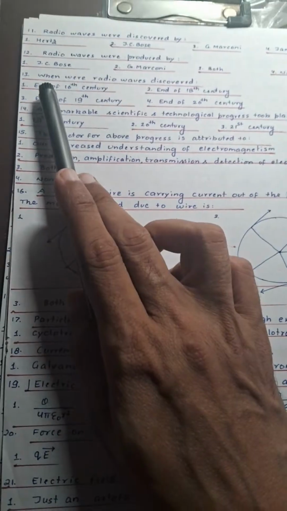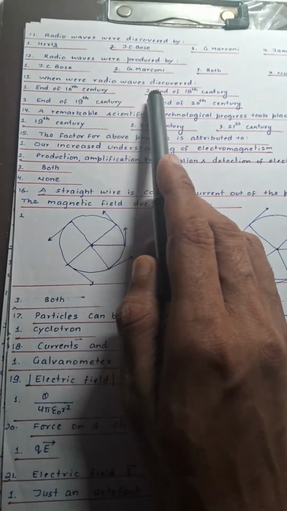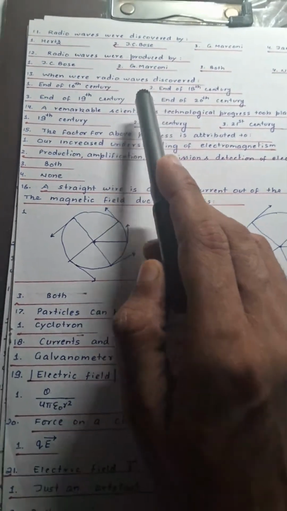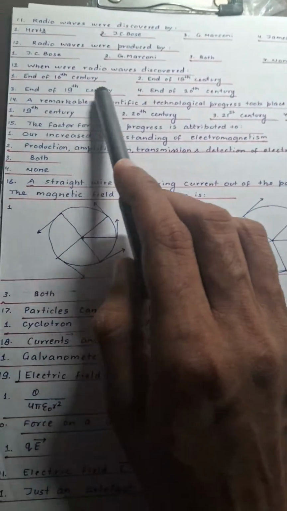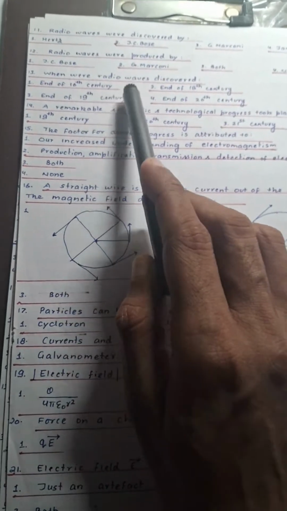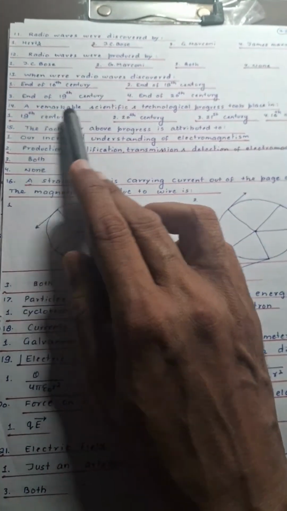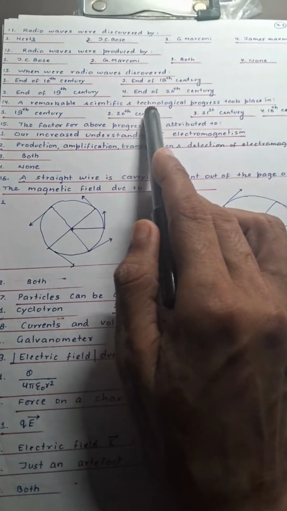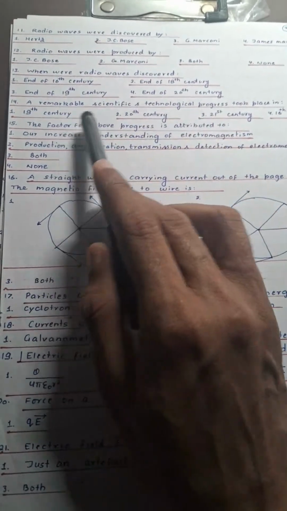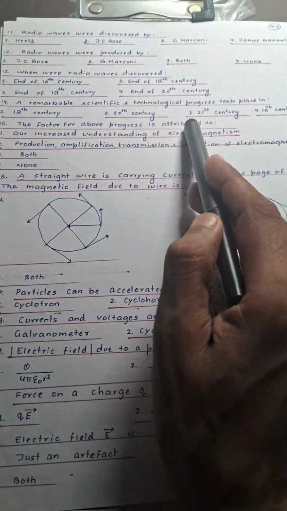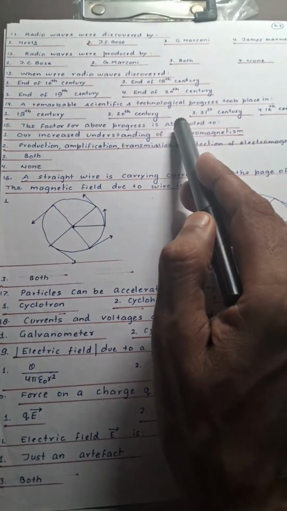नेक्स्ट इज क्वेश्चन नंबर 13, व्हेन वर रेडियो वेव्स डिस्कवर्ड? तो इसमें आपका आएगा एंड ऑफ 19th सेंचुरी। एंड ऑफ 19th सेंचुरी में डिस्कवर हुआ था, स्टैंडर्ड से फैक्ट्स हैं। Next is a remarkable scientific and technological progress takes place in 19th century, 20th, 21st और 16th।